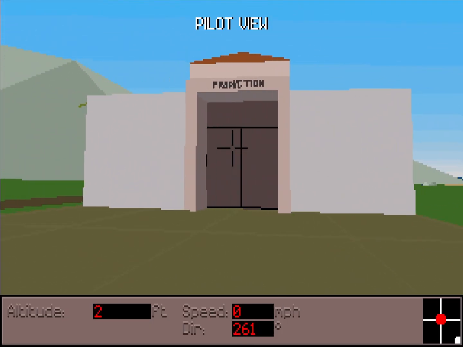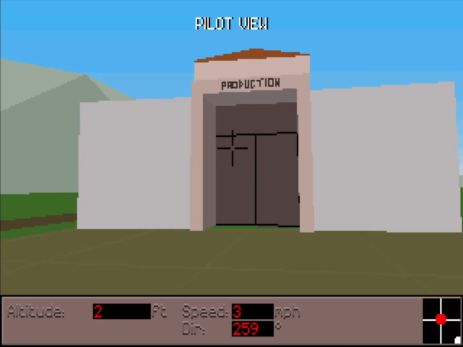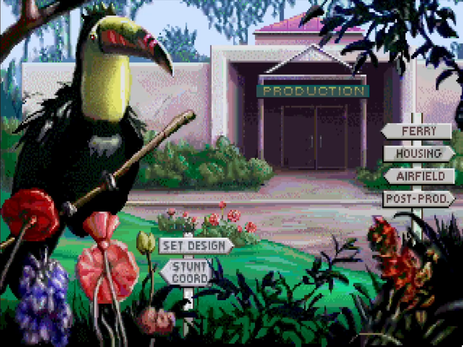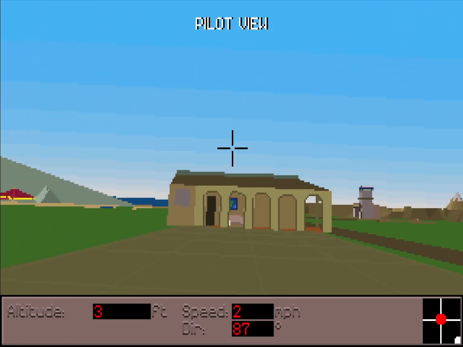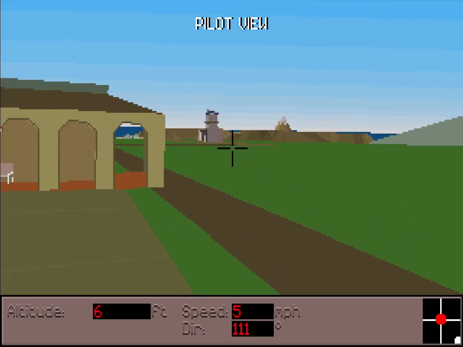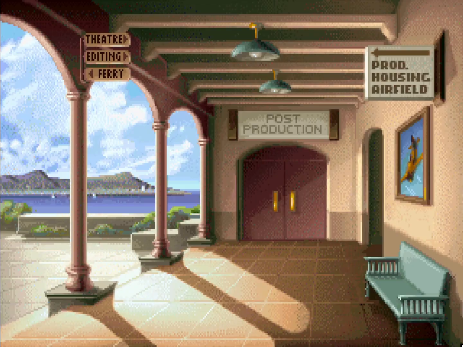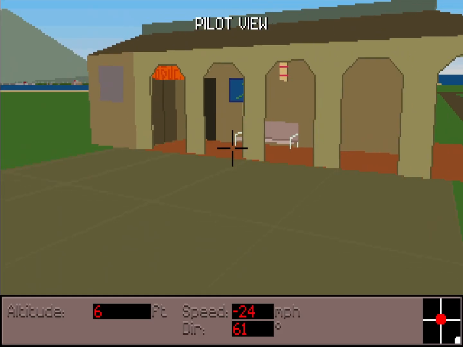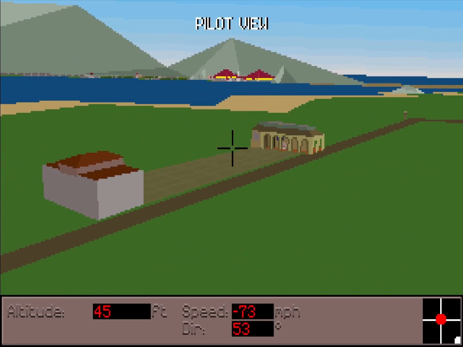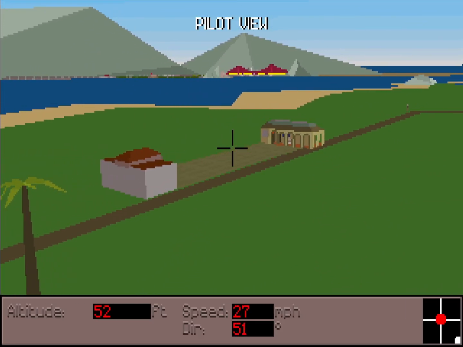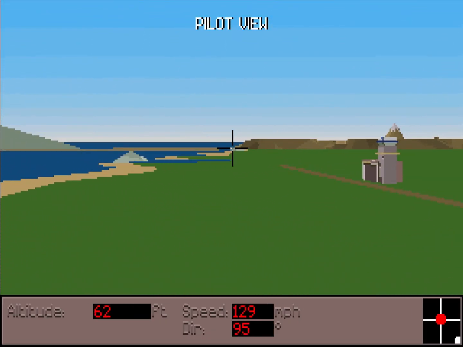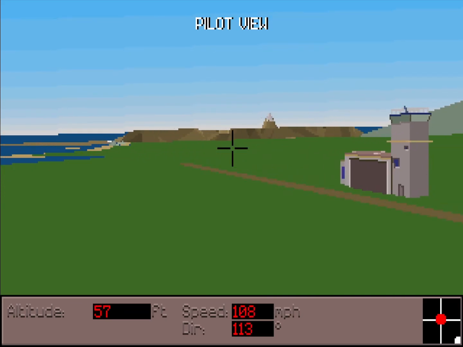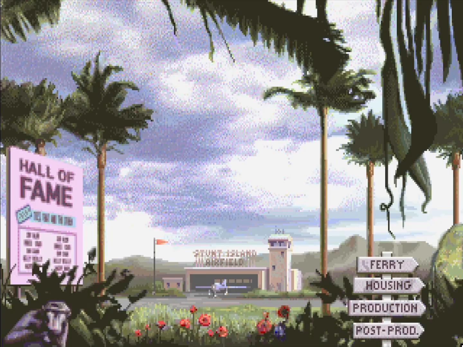But you'll notice this is a building. It's sort of crudely drawn, but it looks a lot like the production building when you first come into Stunt Island. And if I move around here, this one looks a lot like the post-production building from the post-production screen. So all the screens that you use to navigate within Stunt Island are actually represented here in Stunt Island headquarters on the island itself. If I come on over here, you'll see something that looks like a control tower. And sure enough, this is a control tower from the